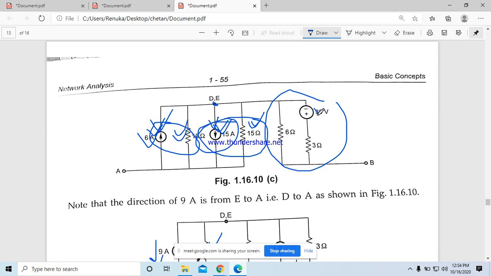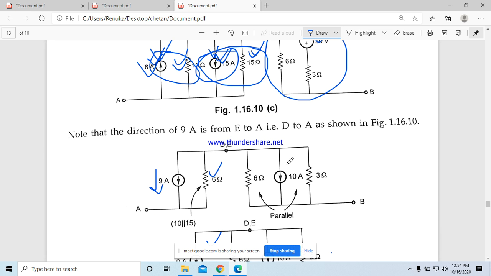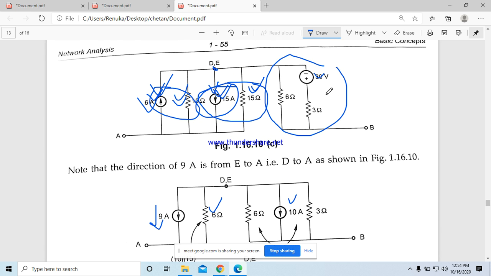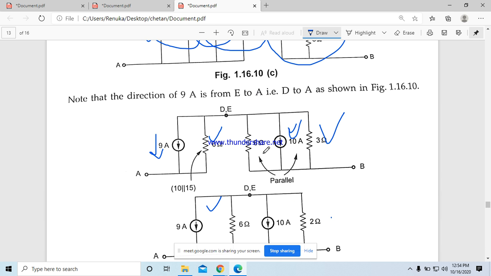Next, you have a voltage source. Convert this voltage source into a current source. You will get 30 divided by 3. You will get what? 10 amps. It is in parallel with 3 ohm. So fine. Next,